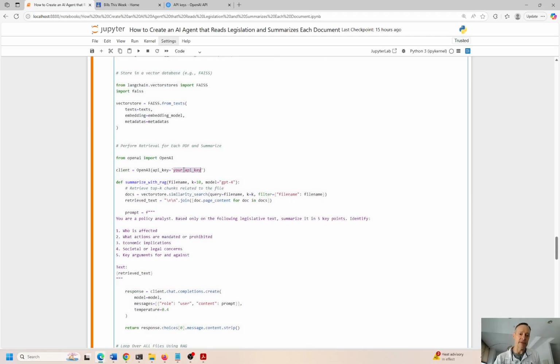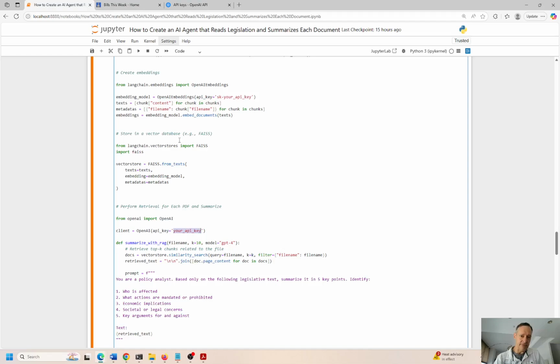But you go ahead and apply for your own key, put in your credit card, super cheap to use the service. And then when your key is in here, you can go ahead and run everything over the contents of this